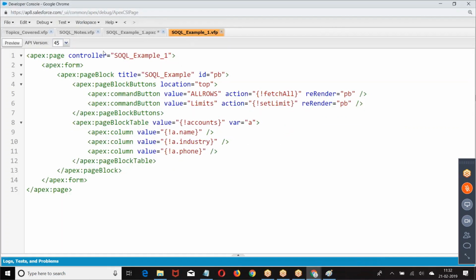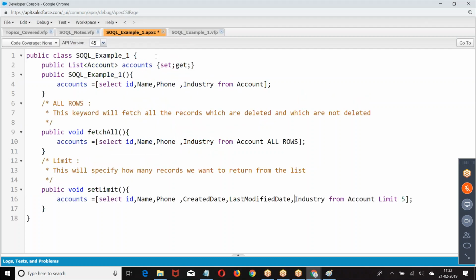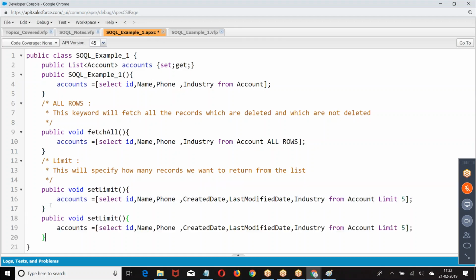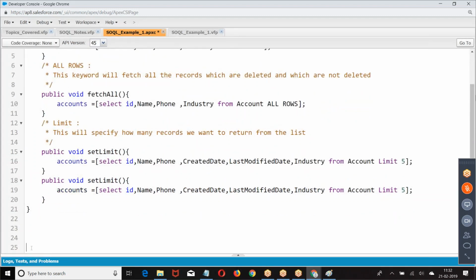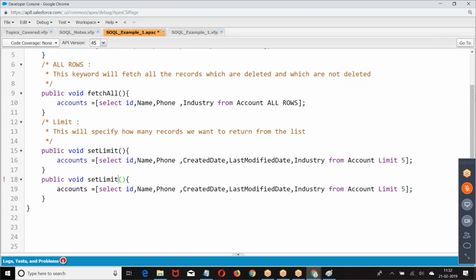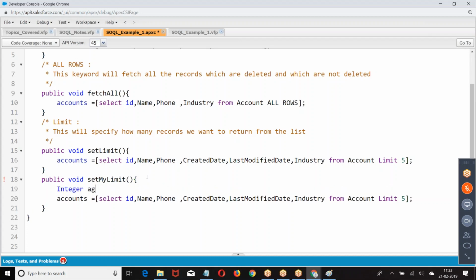Now let us come back to the next one. We are going to set the limit using a variable, dynamically. Now look at the format. Set my limit. Here I was taking integer count equal to something.